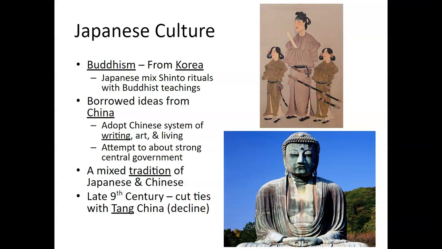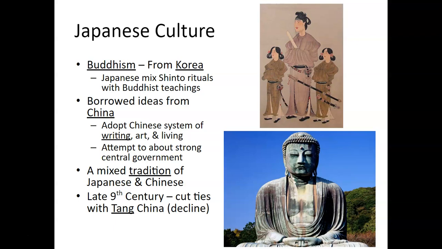And the using of a strong central government was something that was adopted from the Chinese as well. Because think about it, Japan is a variety of islands, all these different clans, but the Yamato are able to set up a strong system of central government while not actually maintaining control over everyone. So they're able to get the central government that different clans kind of follow. So you see this mixture of traditions and traits that are going to be adapted, and the Japanese will put their own spin on them as we go through history.